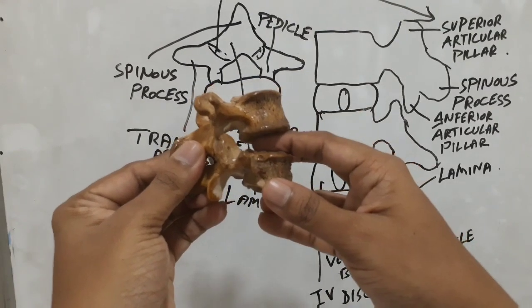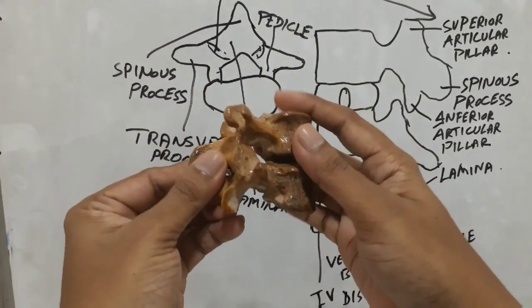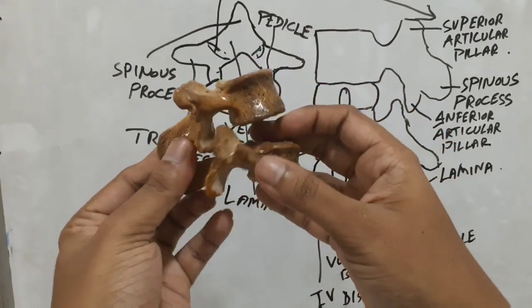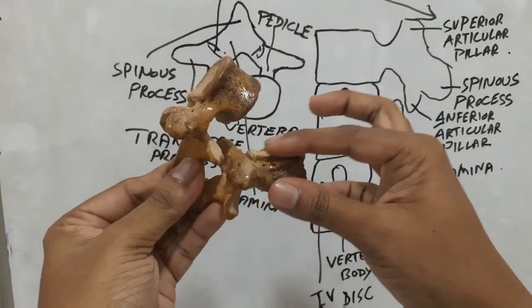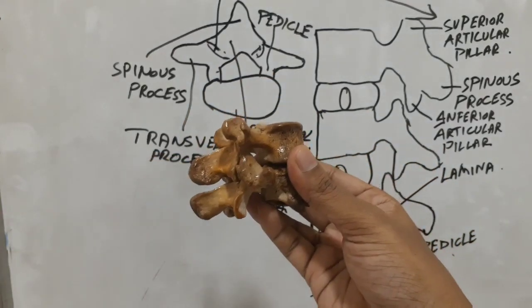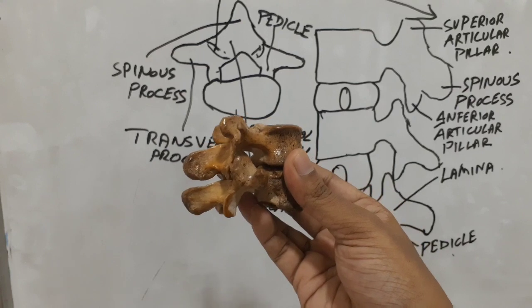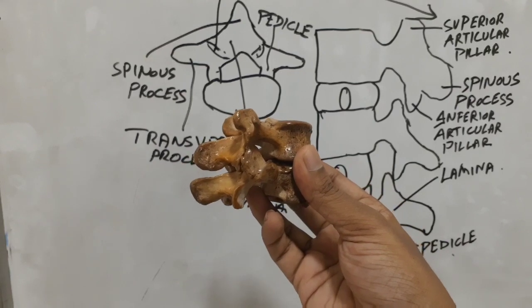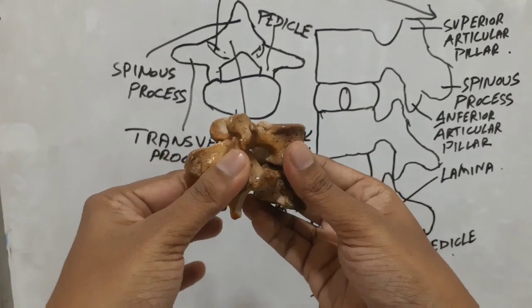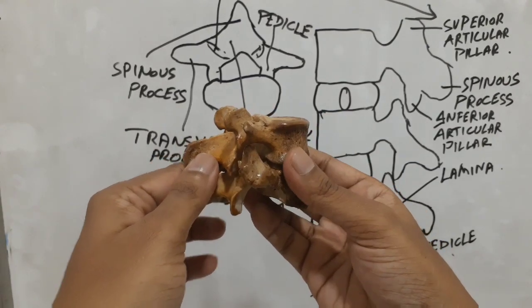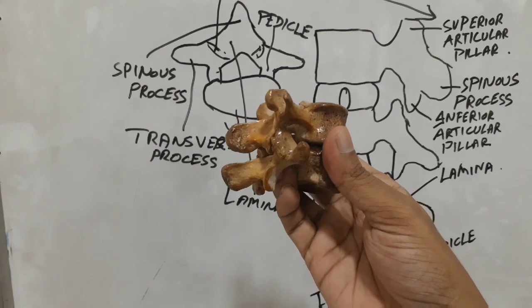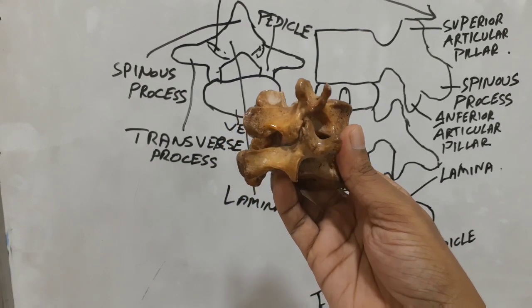And for the interbody joint, the articulations are the lower surface of the vertebra above and the superior surface of the vertebra below, communicating with the help of an intervertebral disc. So these are the articulations, these are the joints. Kinematics and kinetics will be coming in the further classes.